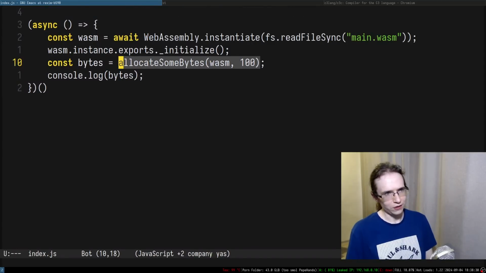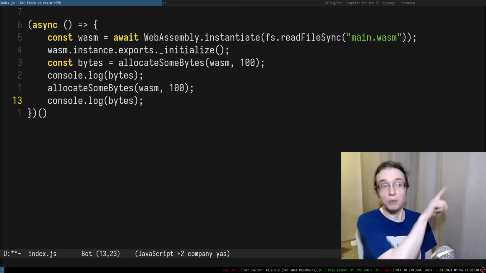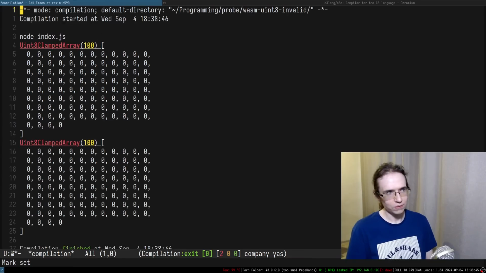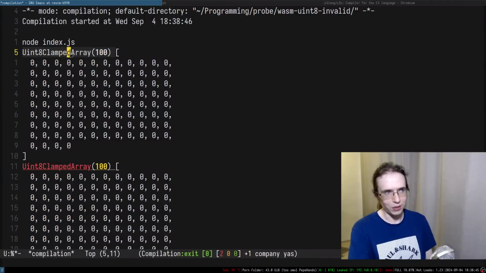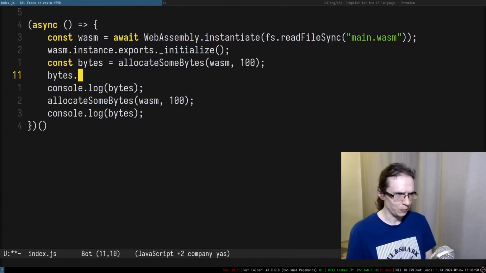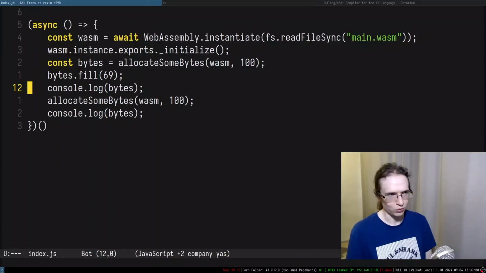Another interesting thing, if we allocate another 100 bytes and print the previous bytes, is it going to work? Okay, so this is the same bytes. I can even go here and just fill them with 69, right? So we know that they're the same bytes, before some allocation and after some allocation. Now, what if we allocate